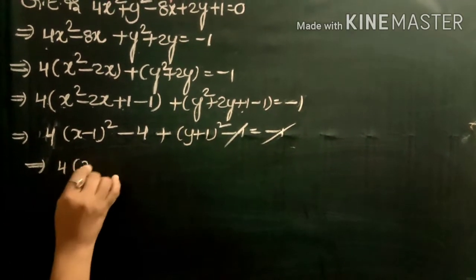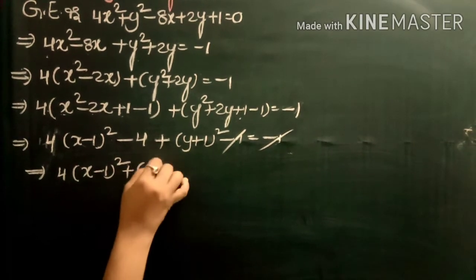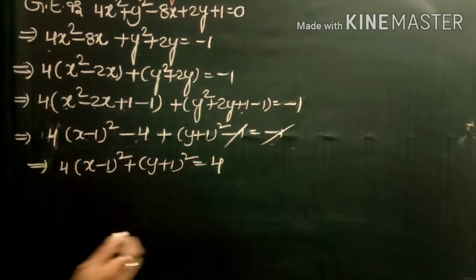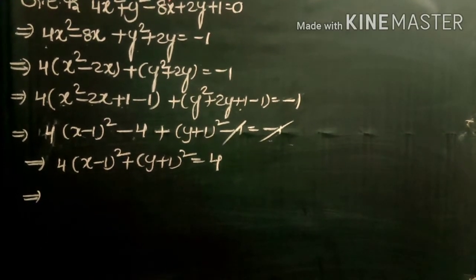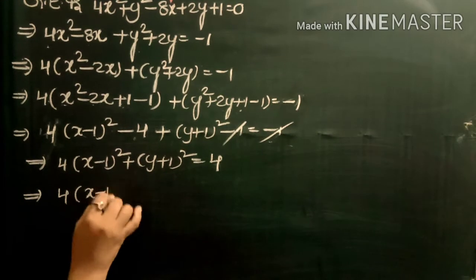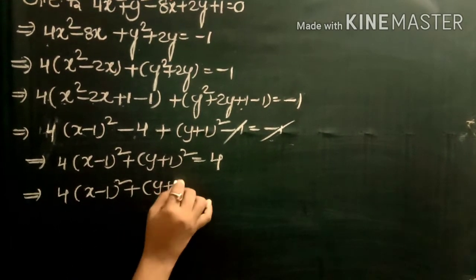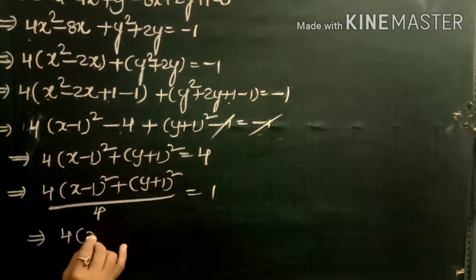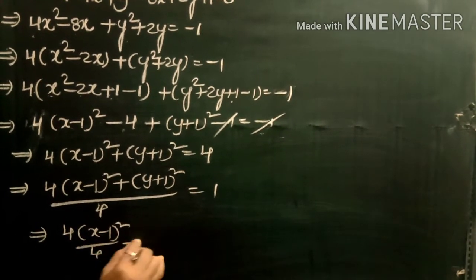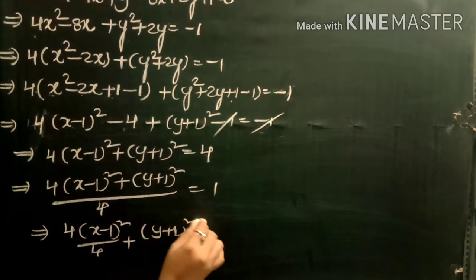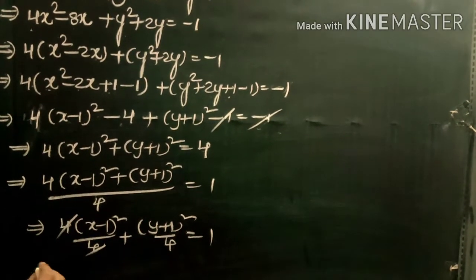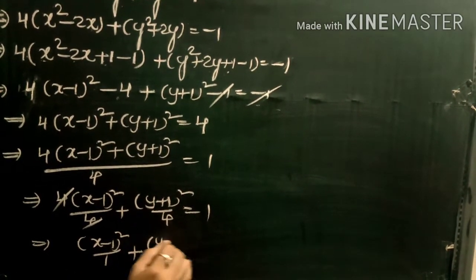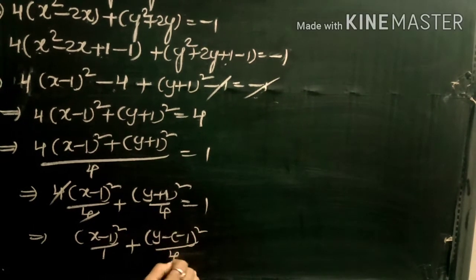Now this is 4 into x minus 1 whole square plus y plus 1 whole square is equal to plus 4. Writing this minus 4 to that side, that becomes plus 4. Now dividing the total equation by 4, we get 4 into x minus 1 whole square by 4 plus y plus 1 whole square by 4 equals to 1. That is, x minus 1 whole square by 1 plus y plus 1 whole square by 4 equals to 1,